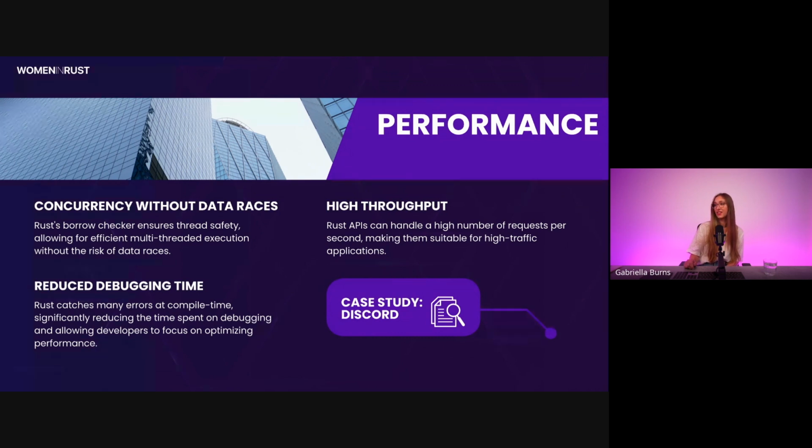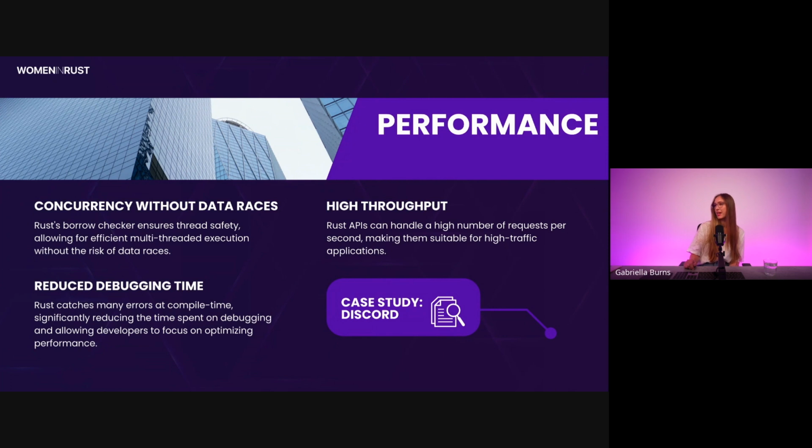Rust APIs can handle a high number of requests per second, and that makes them suitable for high traffic applications. And because Rust catches many errors at compile time, it significantly reduces the amount of time spent on debugging and allows developers to focus on optimizing performance instead of fixing some annoying bug.